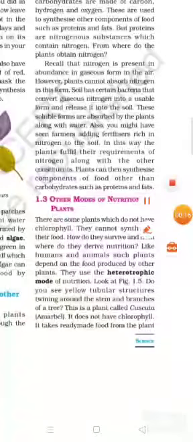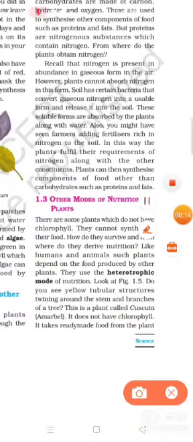In the previous classes, we have seen that there are two kinds of modes of nutrition. One is the autotrophic and another is the heterotrophic mode of nutrition. Autotrophic nutrition we have seen in detail. Now we are going to learn about the heterotrophic mode of nutrition. So dear friends,